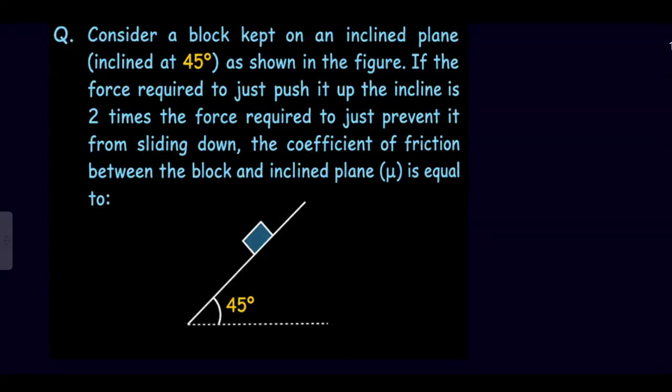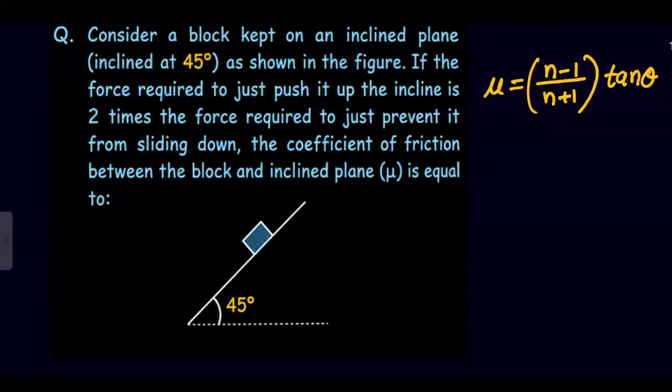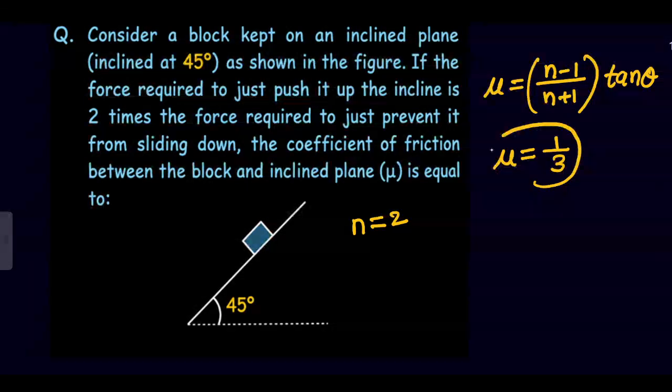So what is the coefficient of friction in this case? It will be equal to mu. Just now we have seen that in this case, it is equal to (n minus 1) by (n plus 1) into tan theta. Here the n value they have given us is 2. We'll substitute the values and get it. So this is 1 by 3, and the theta value given is 45. So that's why